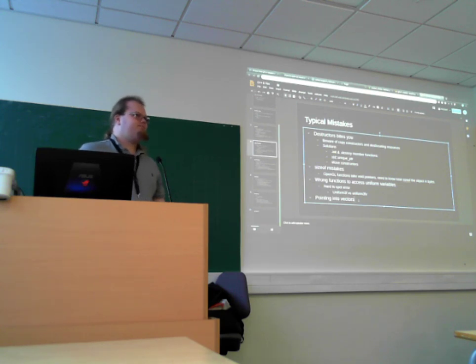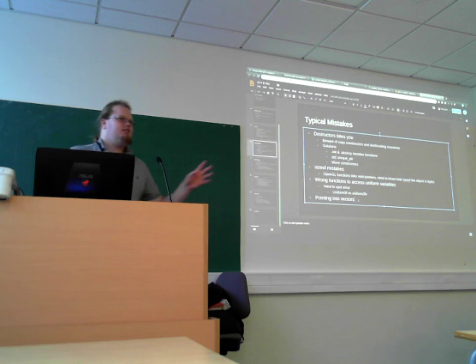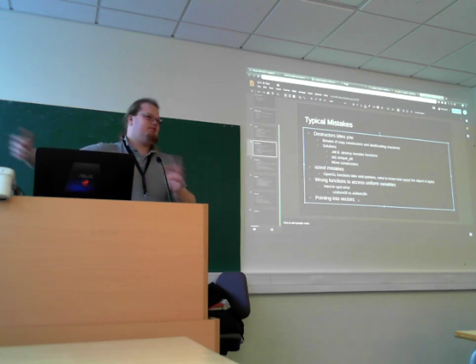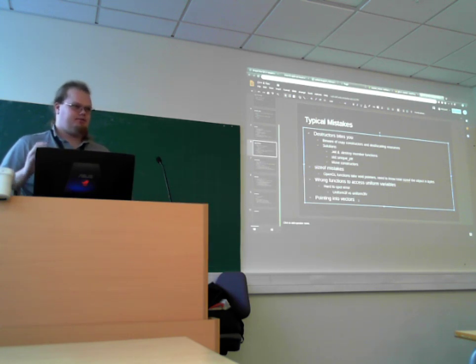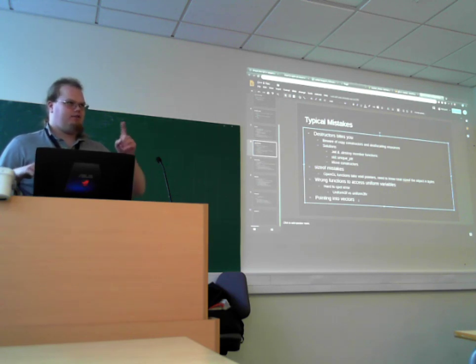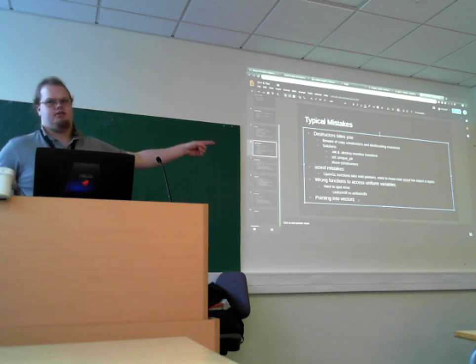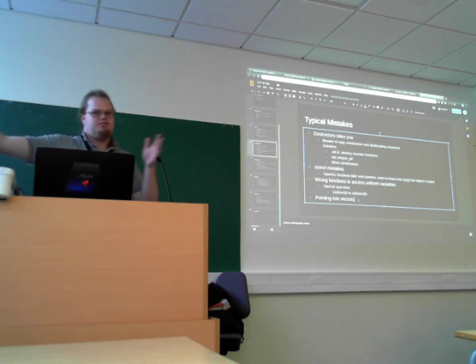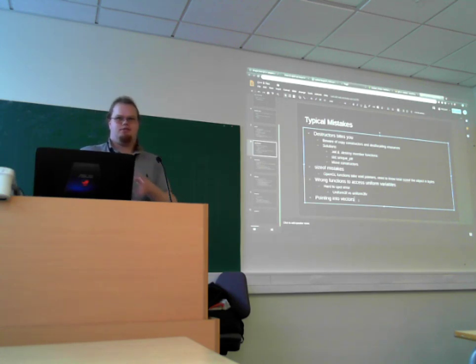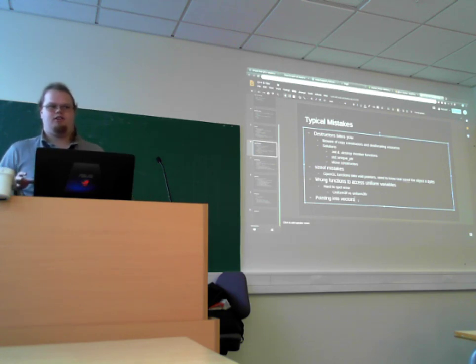And since vectors reallocate on a semi-random basis, or not random, but you can't really see it from the outside when they're allocating, that pointer might not actually become a problem until 5 minutes after you first assigned it, because that's when the vector reallocated because you did another pushback. And tracking down those errors is in general quite hard.